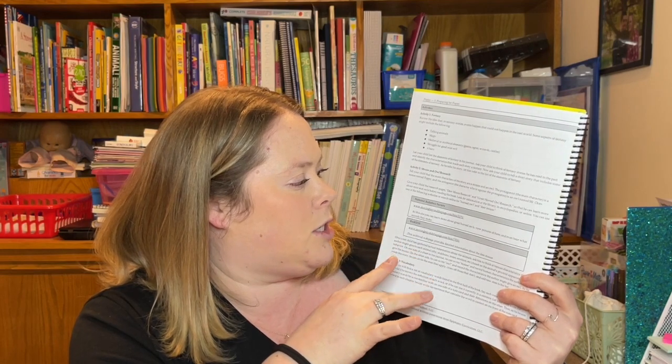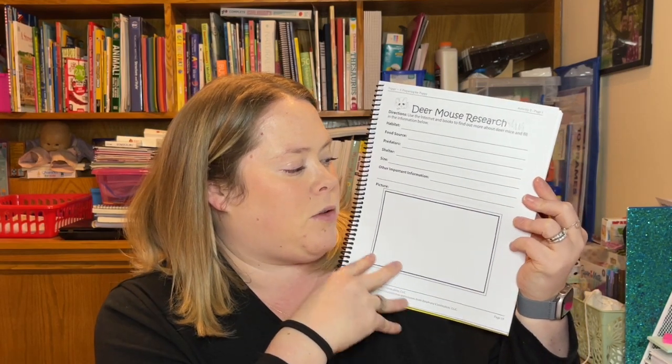So that was really fun for her to look up a great horned owl and deer mouse, as they are the main characters. It does give you some links that you could use, and then it does have a vocabulary extension as well. And you're going to find any of the activity pages listed after each lesson. So this was the deer mouse